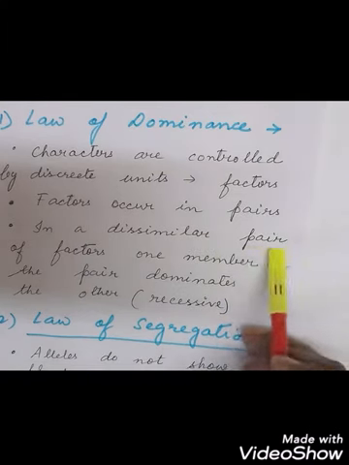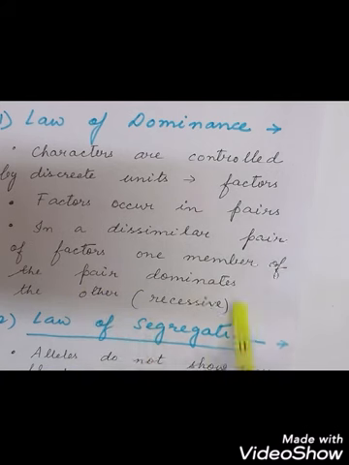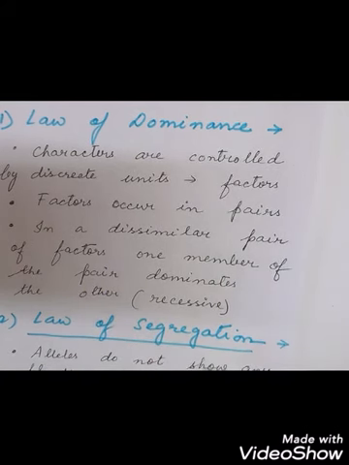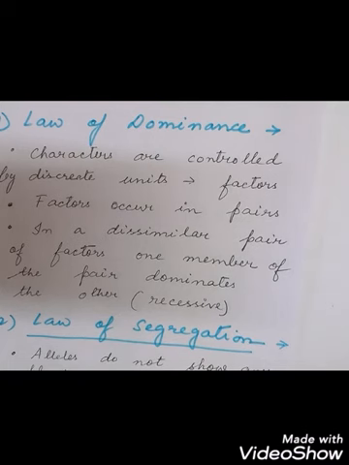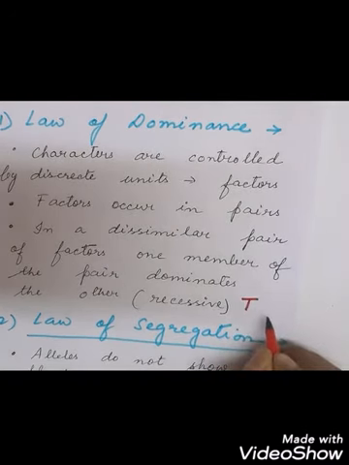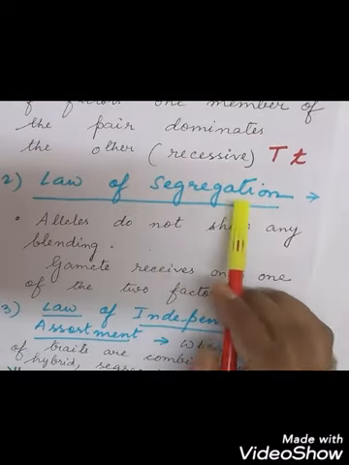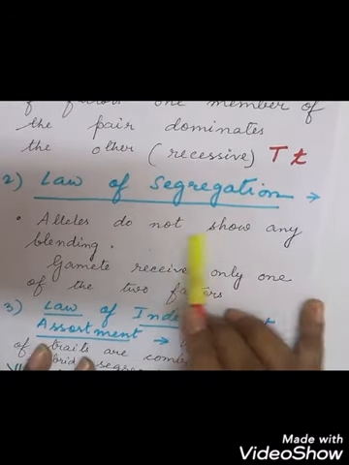In a dissimilar pair of factors, one member of the pair dominates the other, the recessive. Just now I told that one member will be dominating, another one will be recessive. Like if you represent dominant with capital T, then recessive will be represented by small t, and this one will dominate the capital one. The next law is the law of segregation, where we can see alleles do not show any